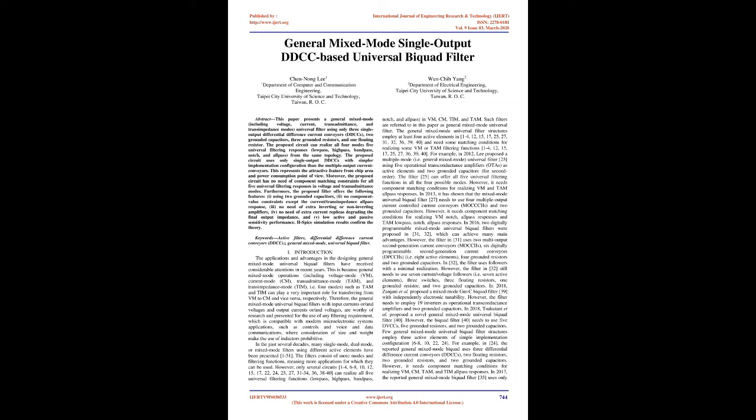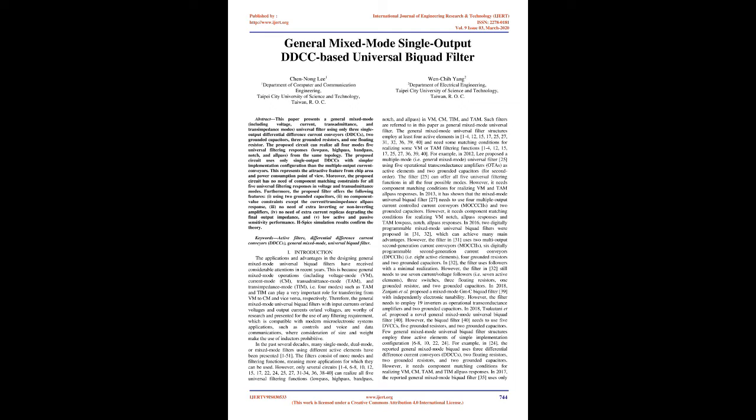The proposed circuit uses only single output DDCCs with simpler implementation configuration than the multiple output current conveyors. This represents the attractive feature from chip area and power consumption point of view. Moreover, the proposed circuit has no need of component matching constraints for all 5 universal filtering responses in voltage and transadmittance modes. Furthermore, the proposed filter offers the following features: 1, using 2 grounded capacitors,